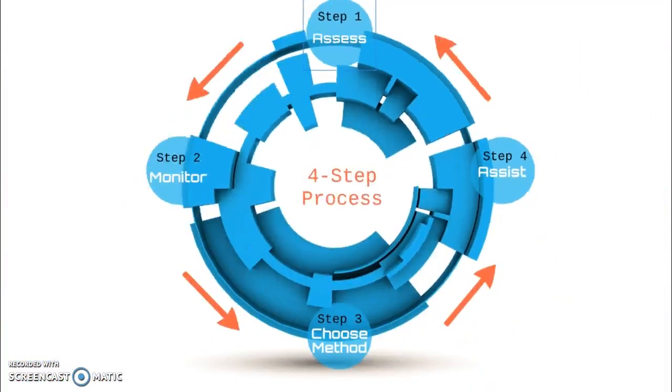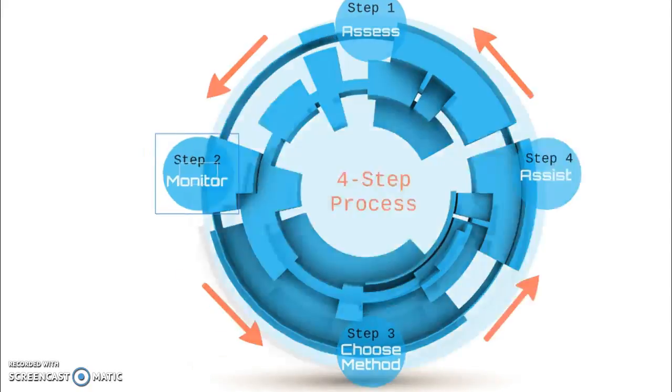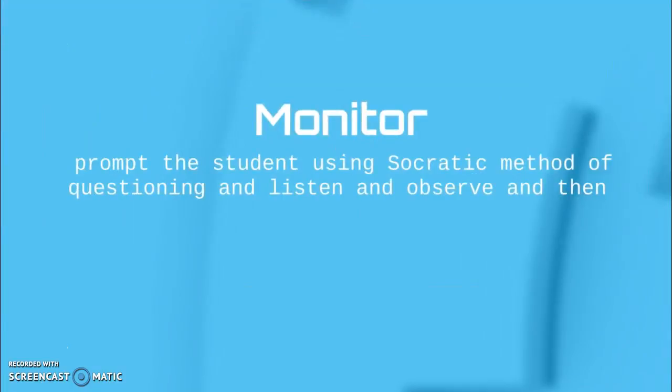So after we assess the learner's needs, the next step is to monitor. So after you've assessed the learner's needs and begin working on areas the student is struggling with, really the next step is to monitor the student. To do so, you should first listen and observe, then prompt the student using questions covered in Unit 3. Particularly, during this step, you need to prompt the student using the Socratic method of questioning and then listen and